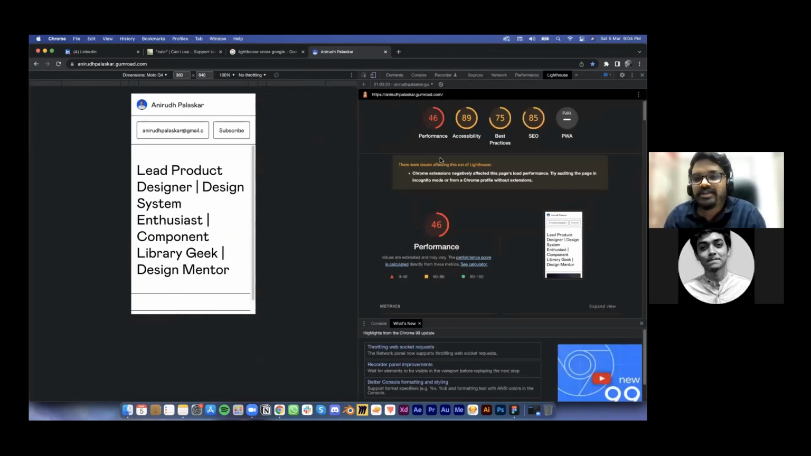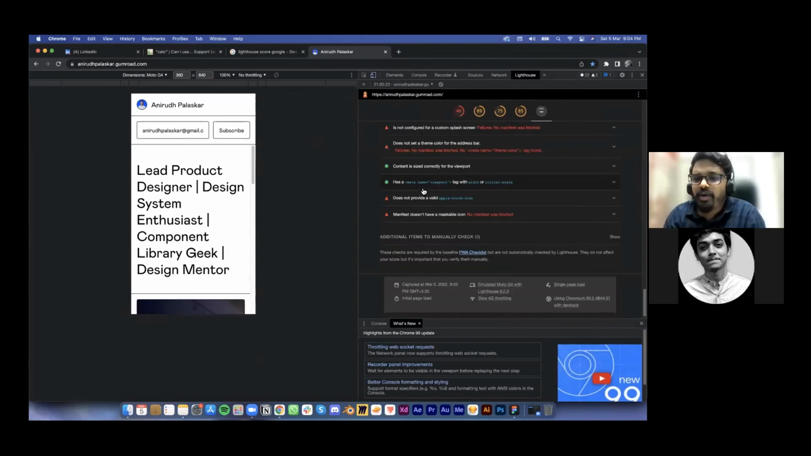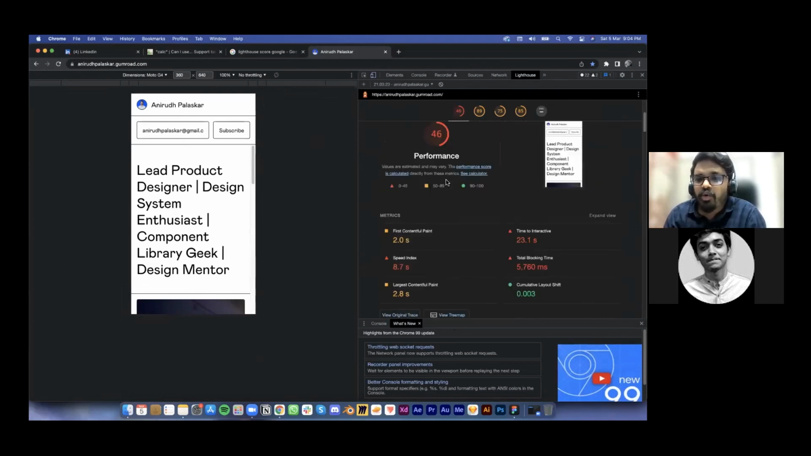So the performance is 45, the accessibility is this. This is bad, it's not a PWA because Gumroad does not support that. Then there are so many errors over here. So a developer will go ahead and try to fix these things. We don't have to do anything, but we would have to say that, going forward, tell us what are the